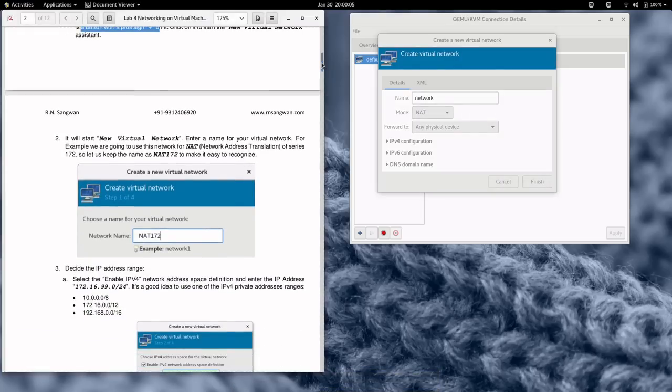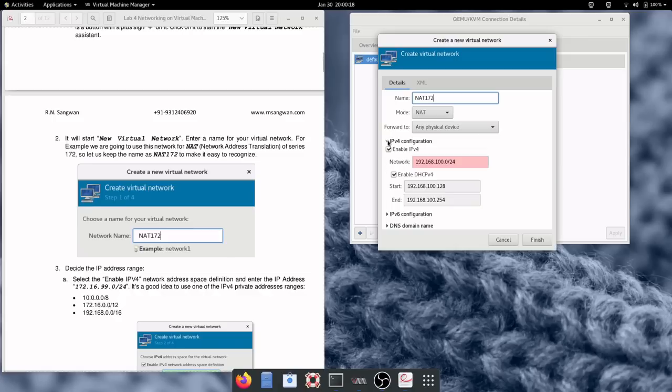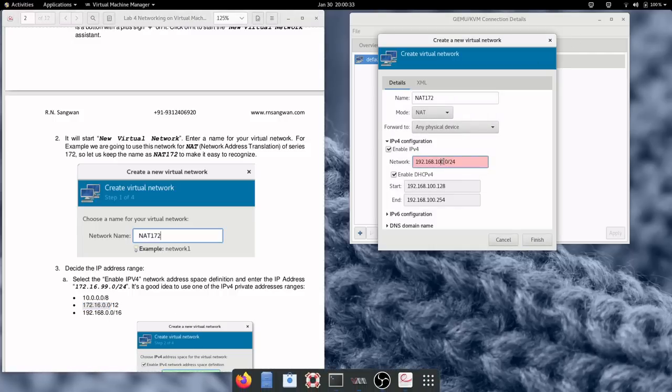So we'll follow the lab and we'll do exactly the way the lab is given, and the lab is NAT 172. This is a wizard we are creating, NAT based, and the IP address. Yes, I'm going to specify the IP address. Instead of 10 dot, I'm going to specify this range only because I'm specifying 172. So I'm using these particular details. So let me type 172.16.0.0,